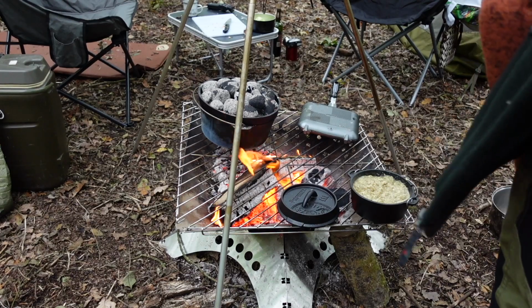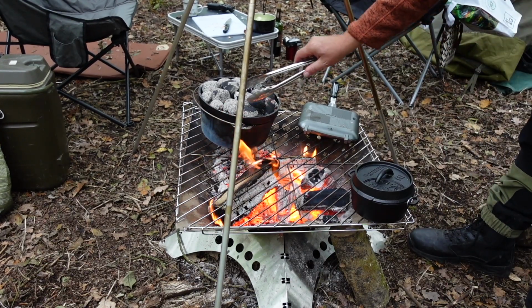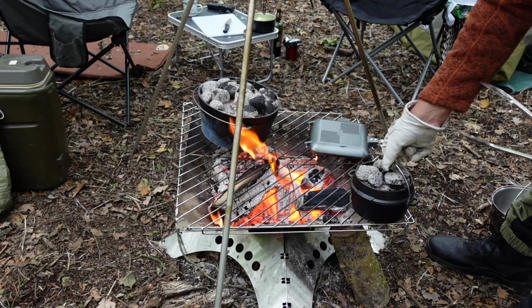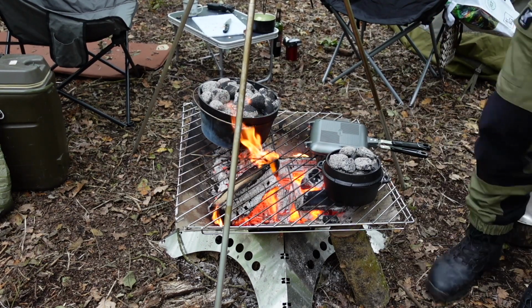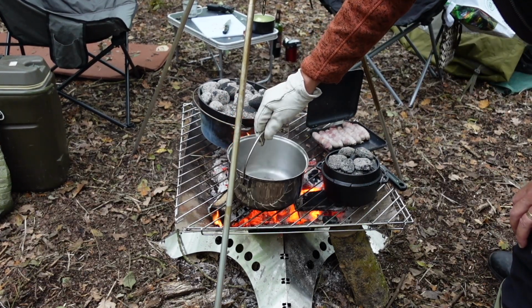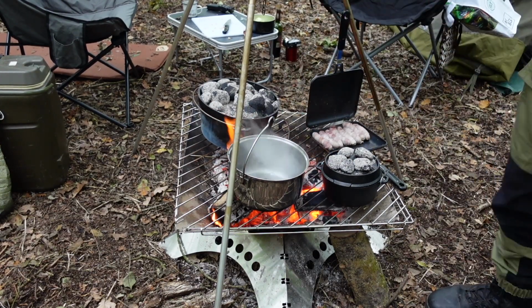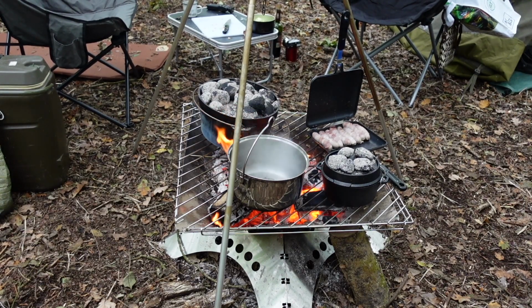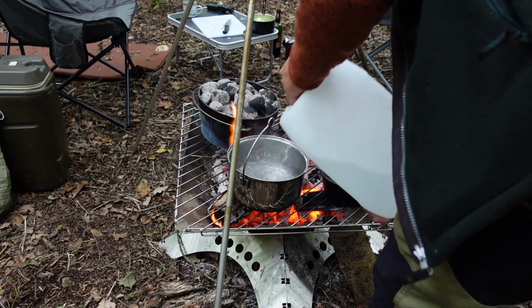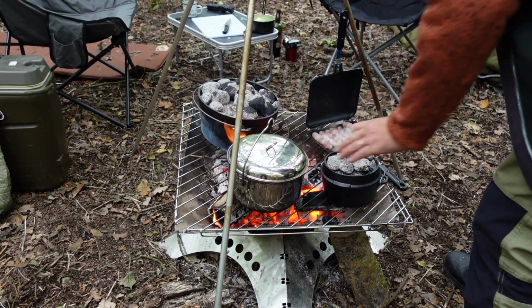I'll put a few coals on the top of that as well. I think at this rate we might be having a sausage starter. Flying pigs. Pigs in blankets anyway. Right, next, vegetables. Probably need a bit more water. Okay, we're going industrial now. We get that boiling, and then put the cabbages on. Lid on that. Quick look how they...